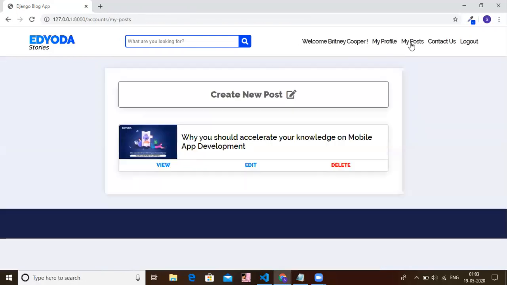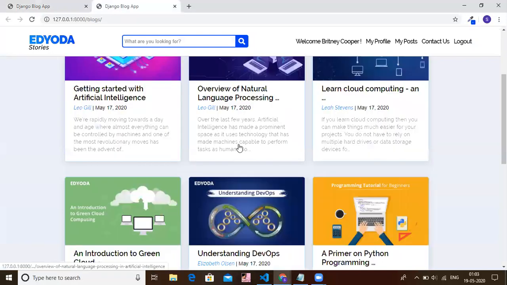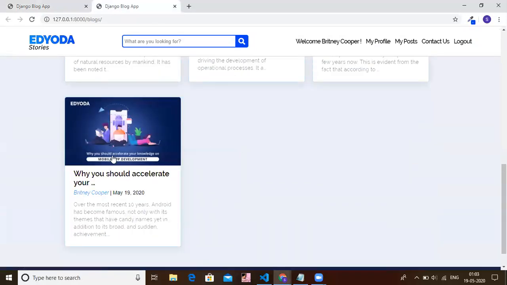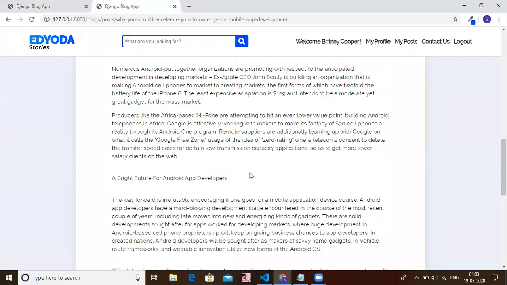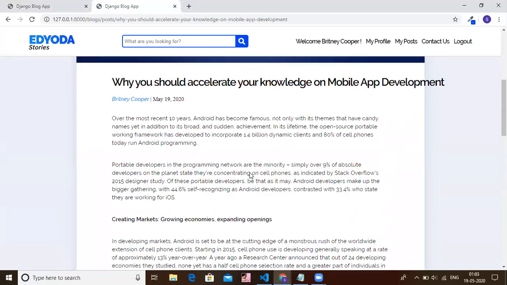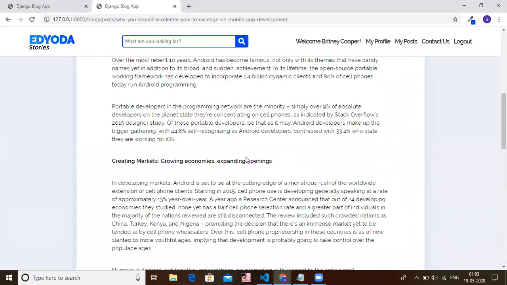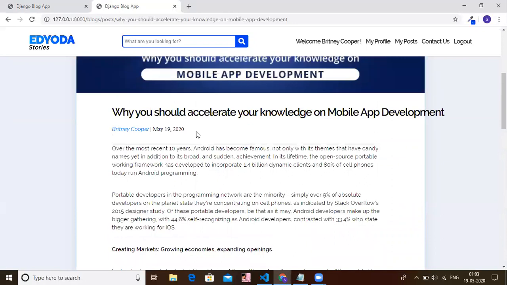If I go back to this my post page, now we can see that the post that we just created is being displayed here. We are also having options now to edit or delete this post. We'll come back to this. For now, let's go back to our blogs page and see if it appears over there or not. So as we can see, here is the post that we just created. I'll open it up for now, and there we go. We have the post with the styling as well that we added using the rich text editor.